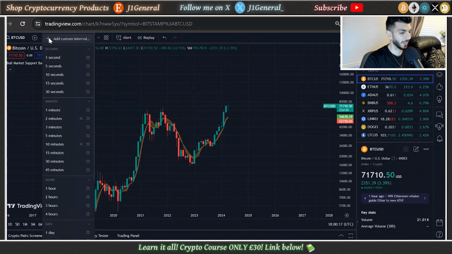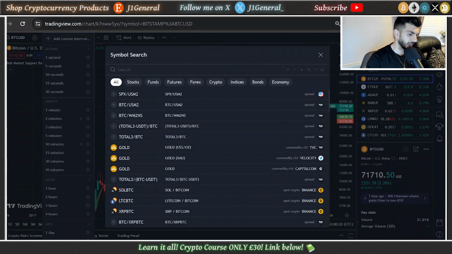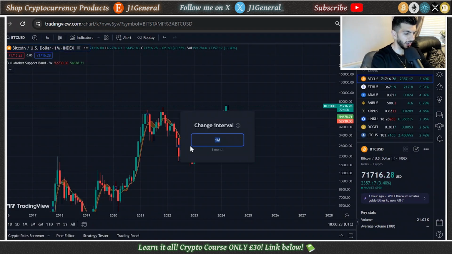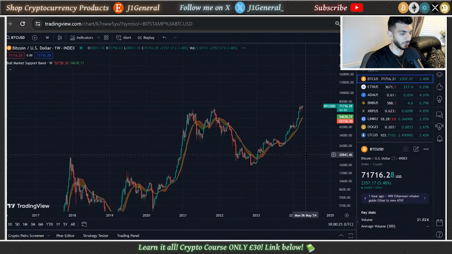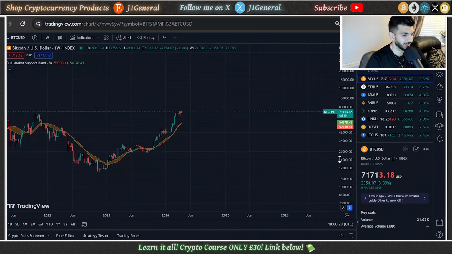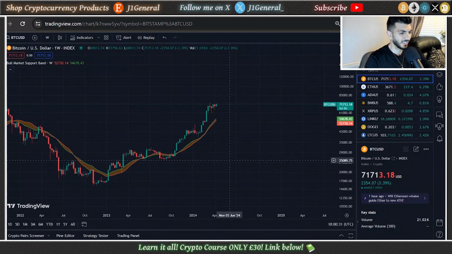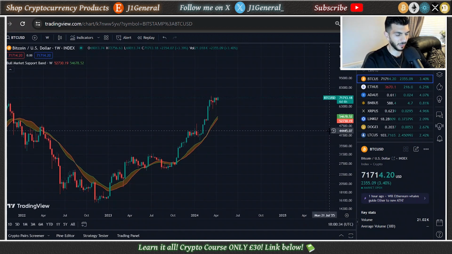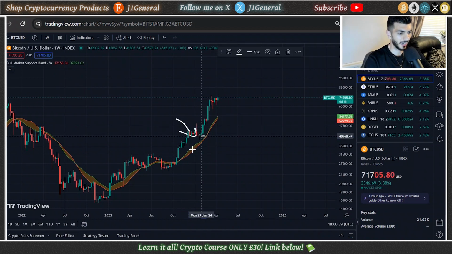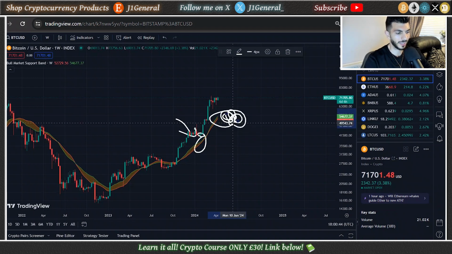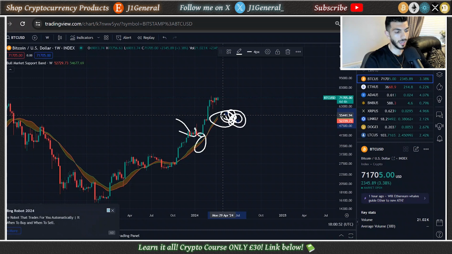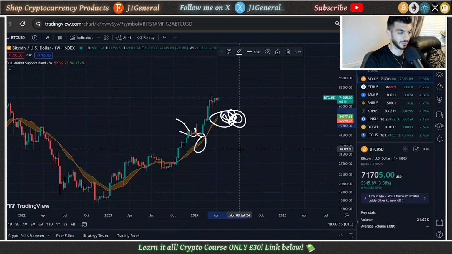But when it does come back to that bull market support band, I think it won't be good news. I honestly believe it won't hold it as support because it's just been such a long time. It hasn't backtested it as support, so it's just something's missing, and it tells me that we should be getting some red flags if it does something like this and it comes close to the bull market support band again. If it does, I don't believe it will hold it as support, and then that is when Bitcoin will go in a short-term downtrend for at least a few months, going into the summer and autumn months of 2024.